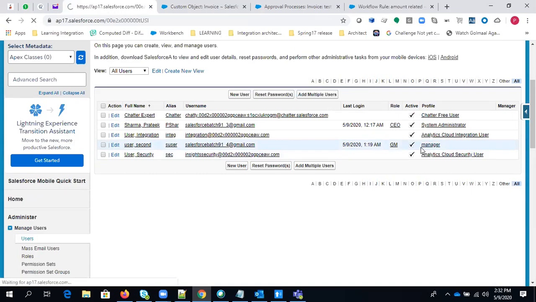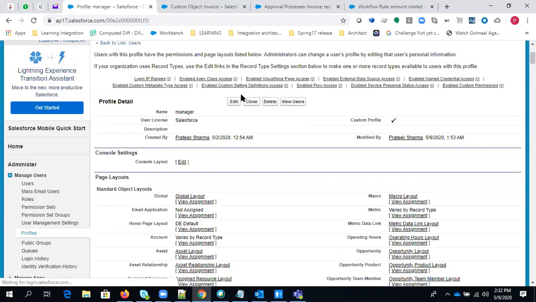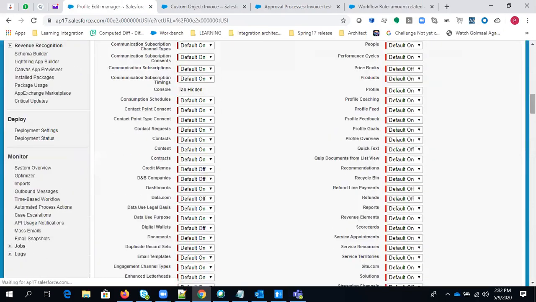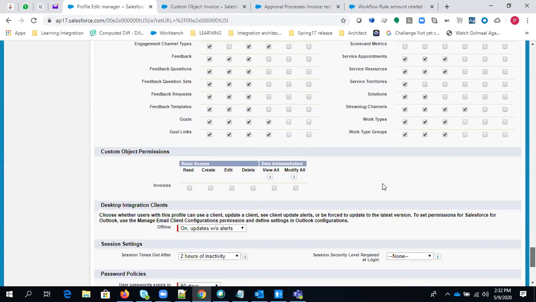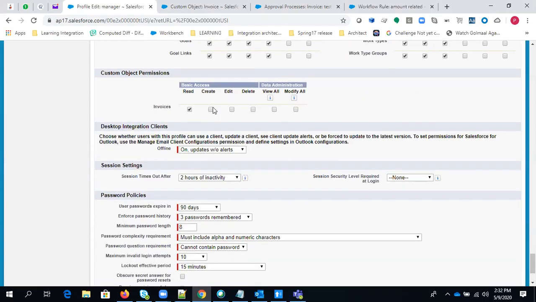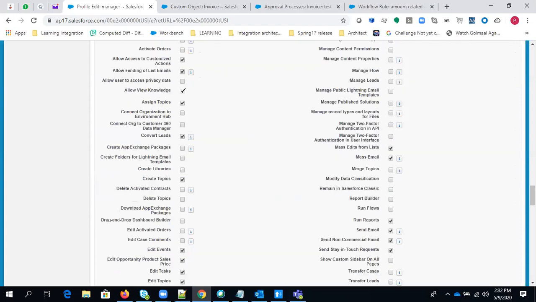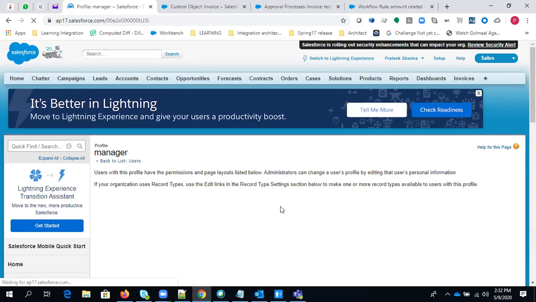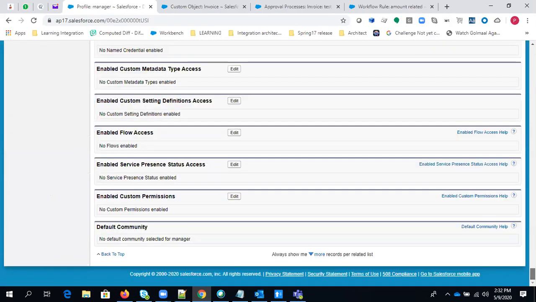So let's edit this profile and give the object level access. Here you can see there is no access. That's why I want to give it, right? Just give the access and save it. So this particular user has the access.